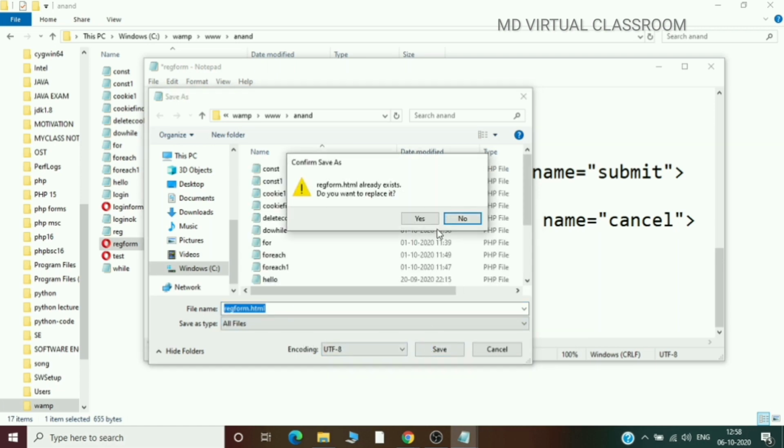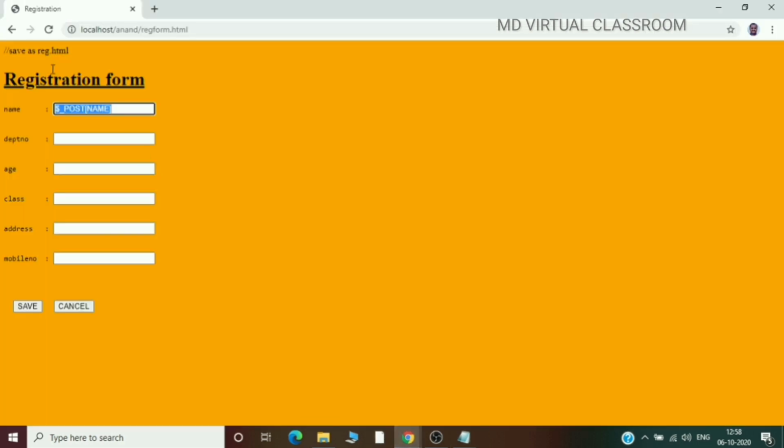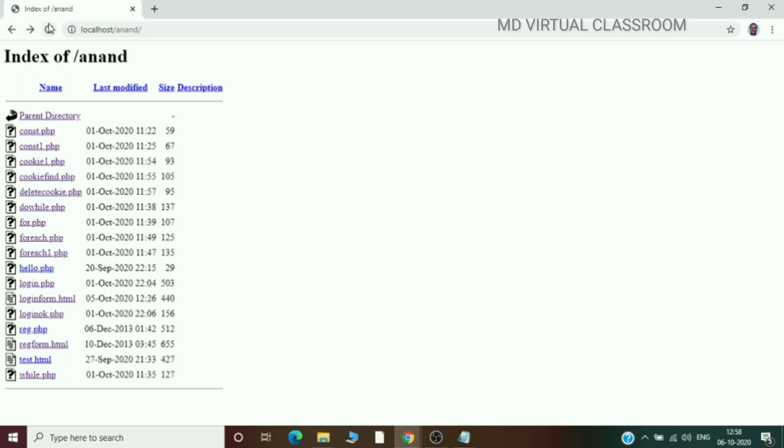Now what you have to do is go to the browser, WAMP server page. So click registration form.html.